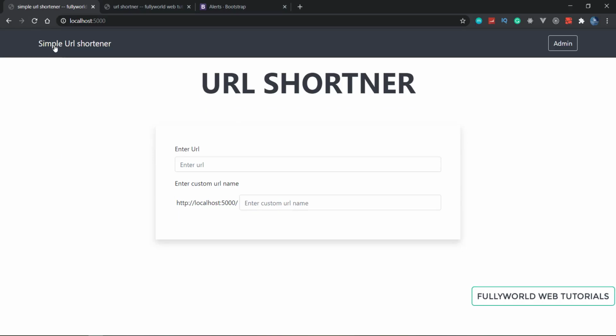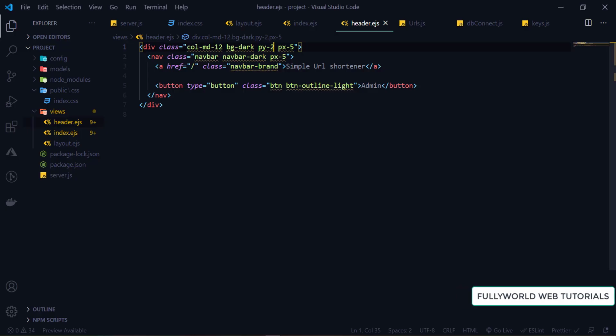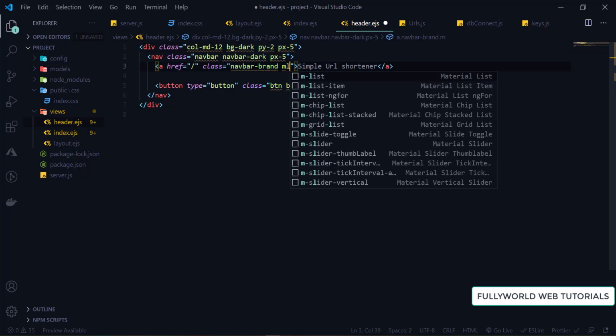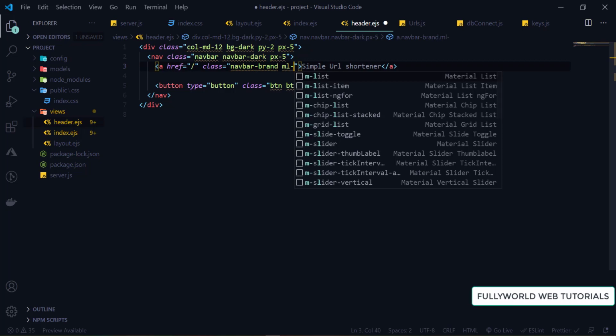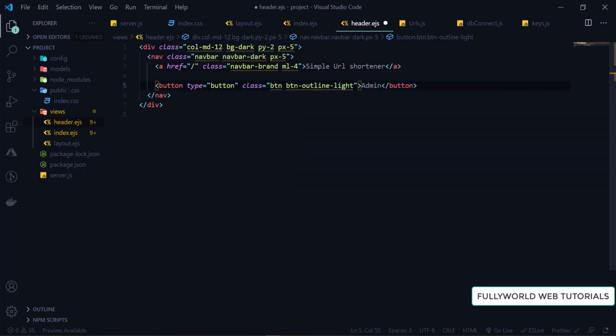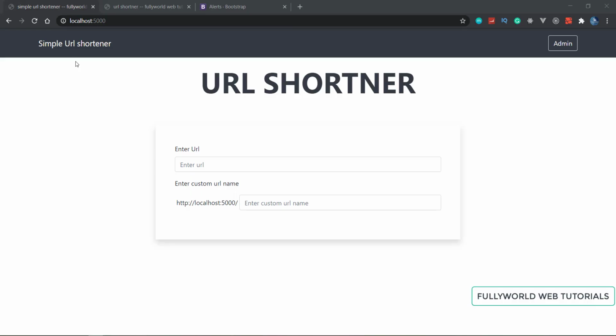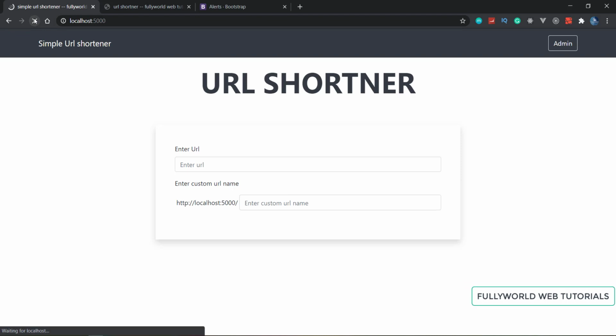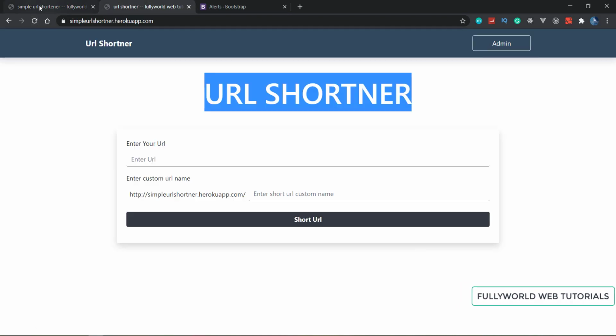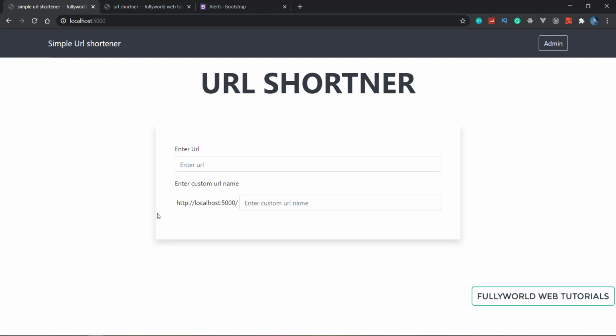This one is looking good, and now we have to set these a little bit more. Here I will write margin left 4 and margin right 4. Save it and let's see how it is looking. Now it is looking a little good.